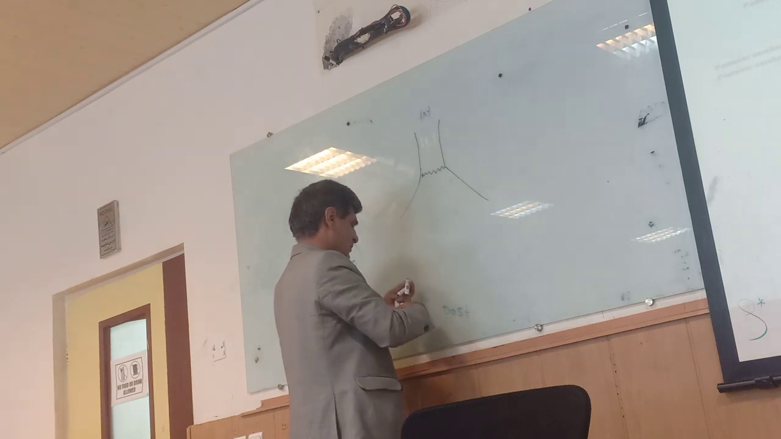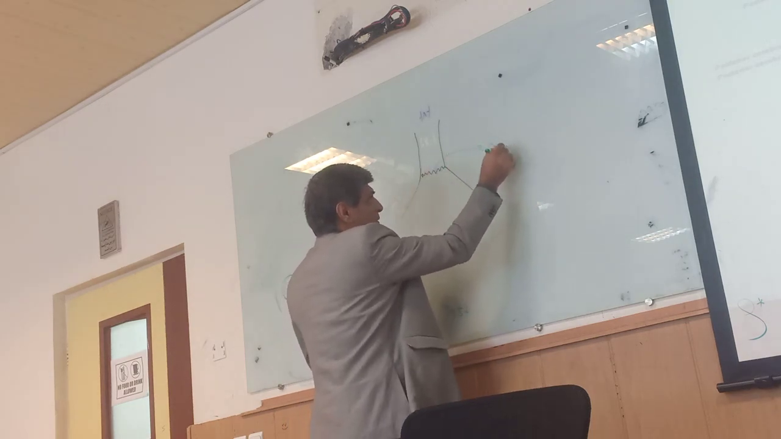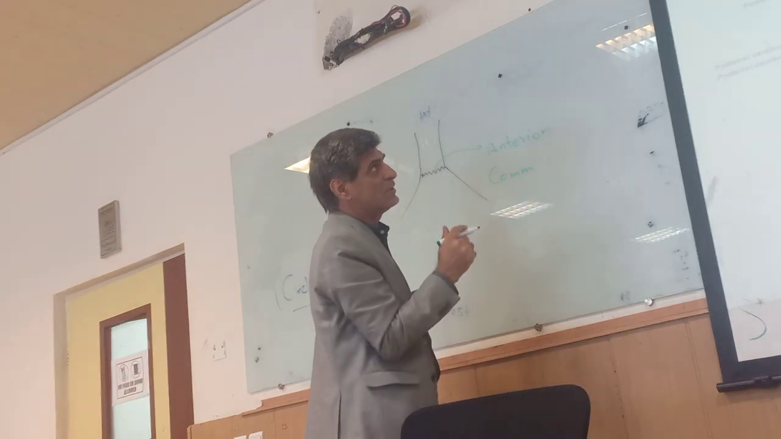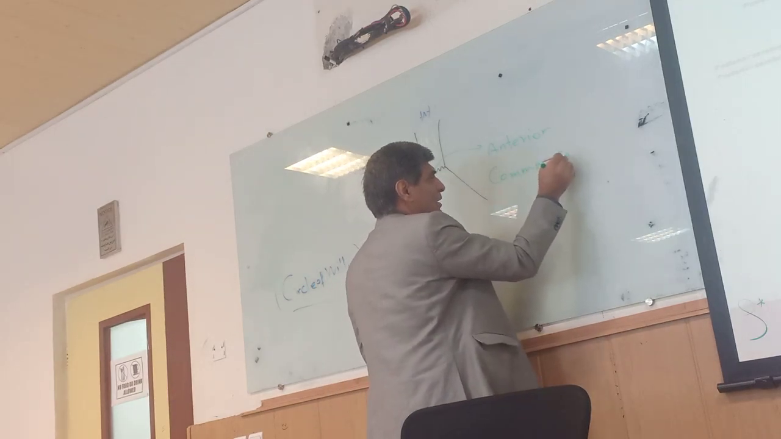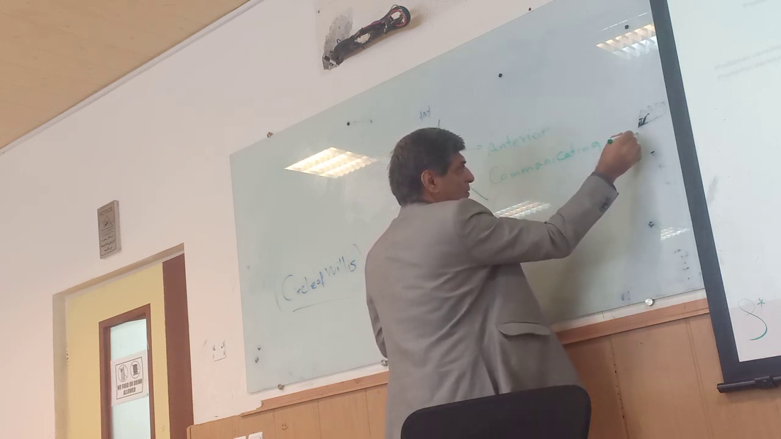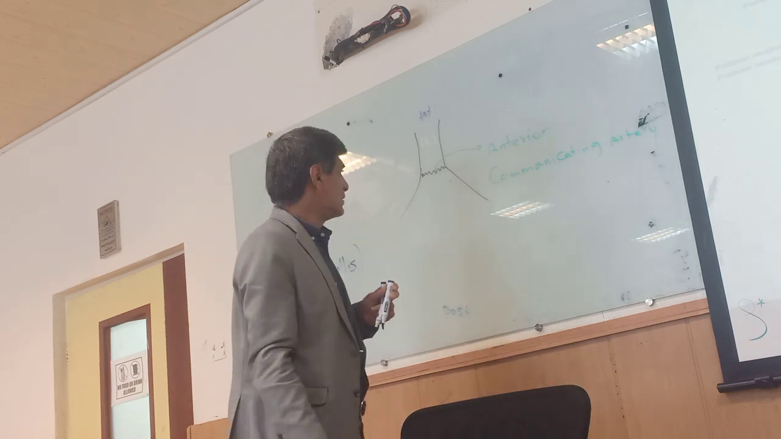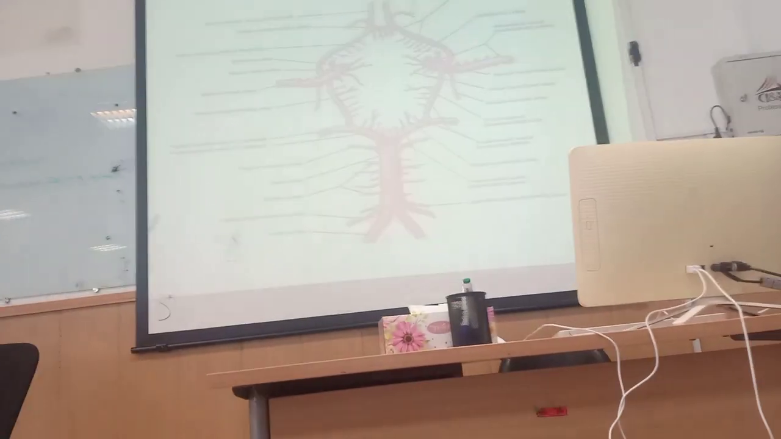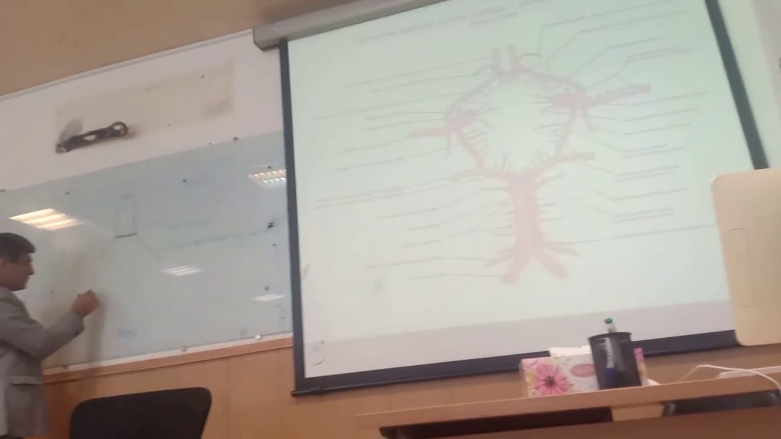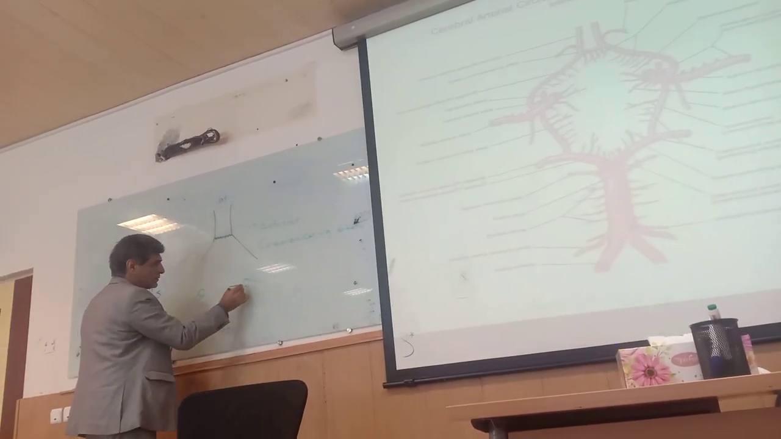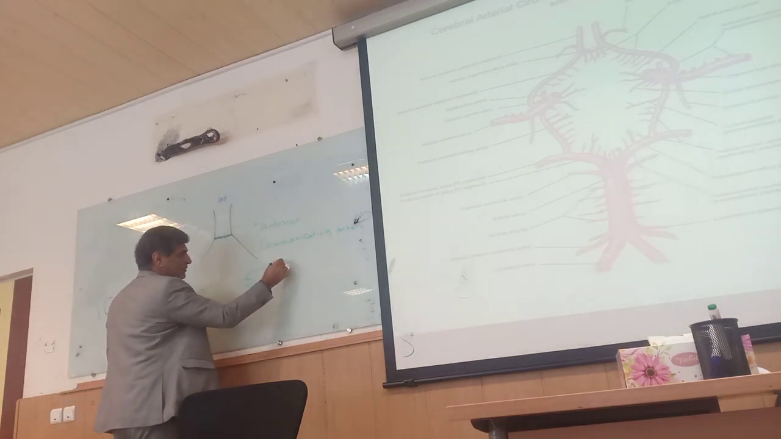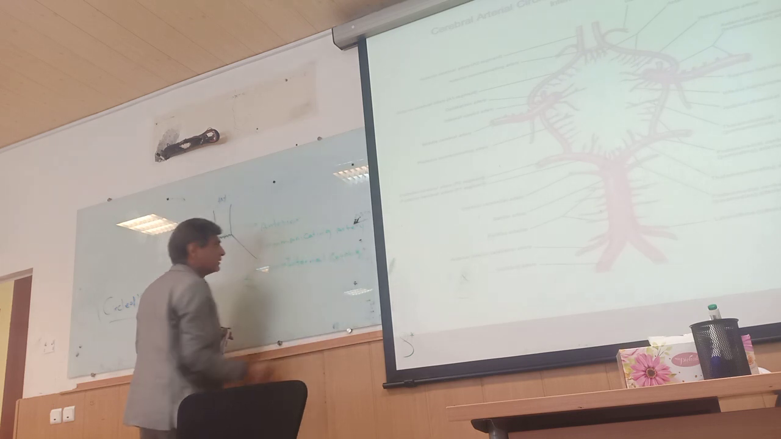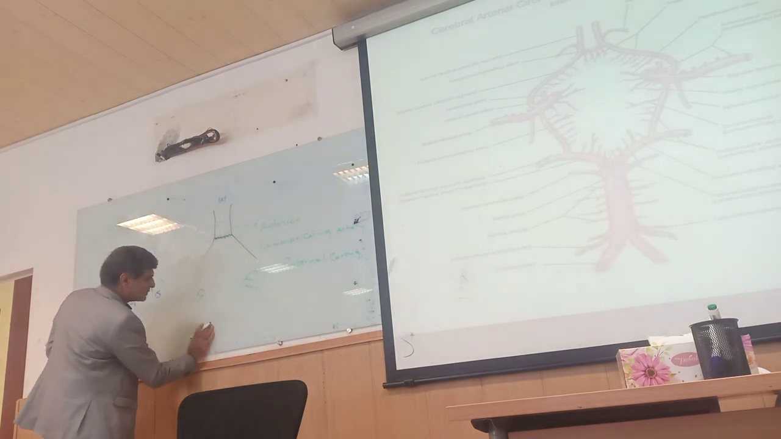Anterior formation from the anterior communicating artery. The communicating artery lies between these arteries. And this artery is the internal carotid artery. Internal carotid artery, and this artery